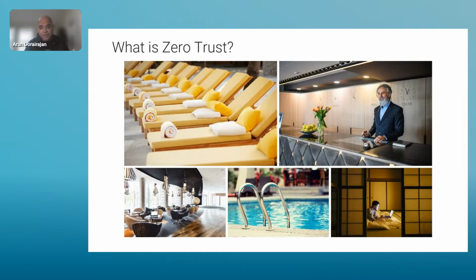You check in at the front desk, you're given an access card, and you have access only to parts that you've booked or have been approved for. The hotel doesn't assume that just because you're inside, you're allowed everywhere. That is zero trust. It's not about making things harder. It's about controlling things in an intelligent manner.